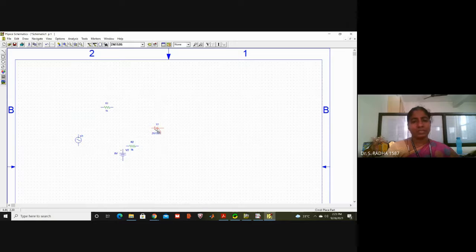You can take this component SCR, you place it on the workspace. I will rotate this, Control R for rotation. I'm rotating this and just drag and keep it for connection. And I'm taking ground here, just connect it. Only this many components, connect the wiring. This is about the connection of SCR. Very, very simple circuit.